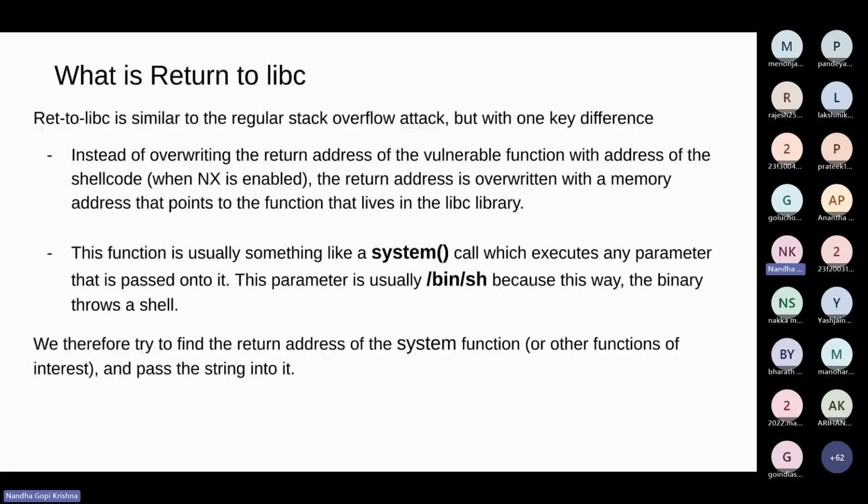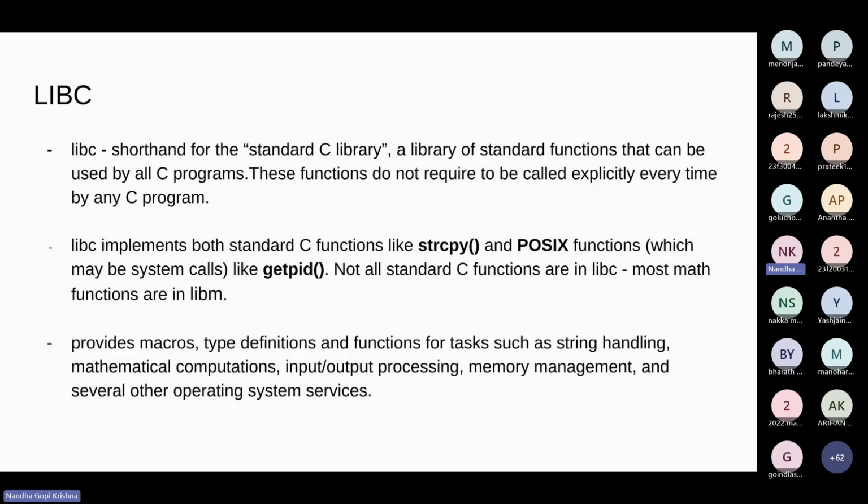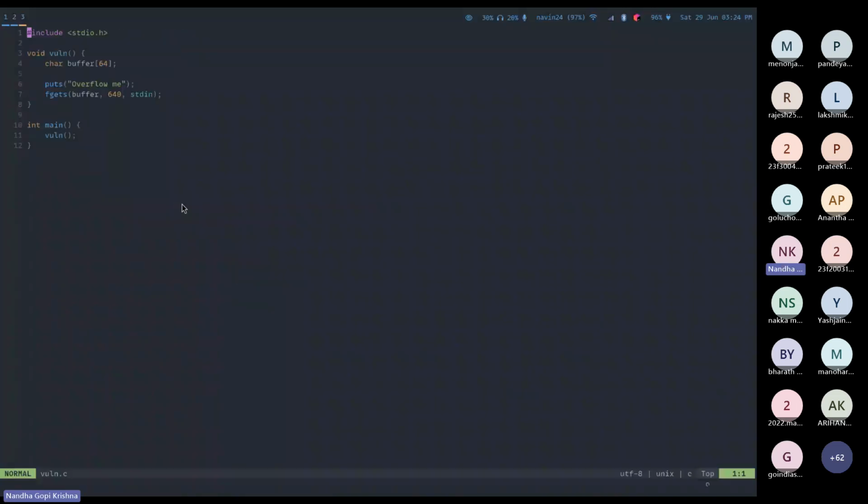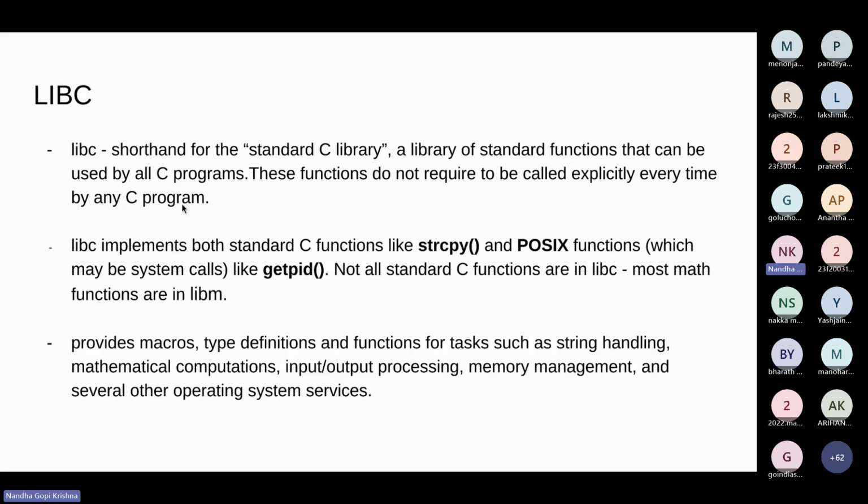Libc is the standard C library. If you have written any C code, you have used stdio.h, stdlib.h, all of these are part of the C standard library. And obviously, all of these functions have to be marked as execute, because they have logic that needs to be executed. So what we essentially do is, instead of writing our own exploit,